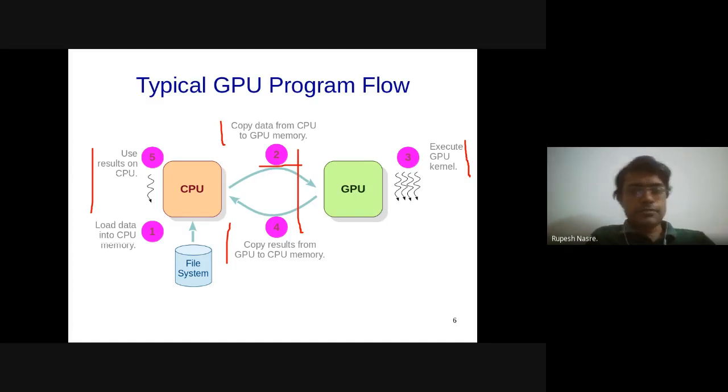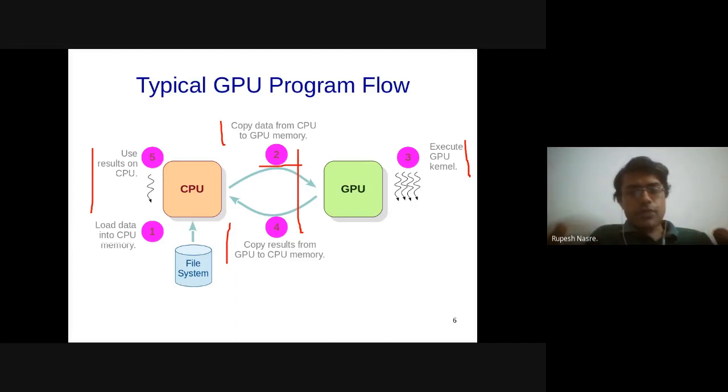So these two are separate devices, and what that means is that these could be executing at the same time. They are totally independent from that perspective. What that means is that when the CPU copied the data in step 2 and in step 3 the GPU is processing this computation, what is the CPU doing? The CPU could just be waiting for the GPU to give the results back. That is one possibility. Or it can actually do some useful work.